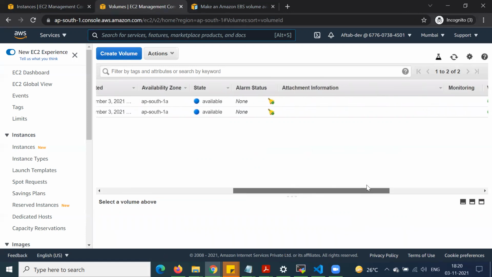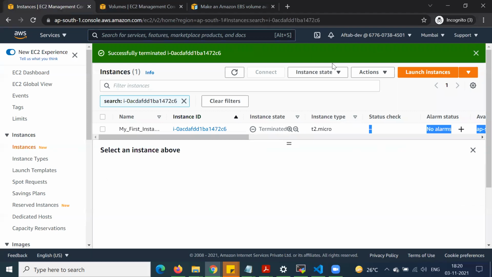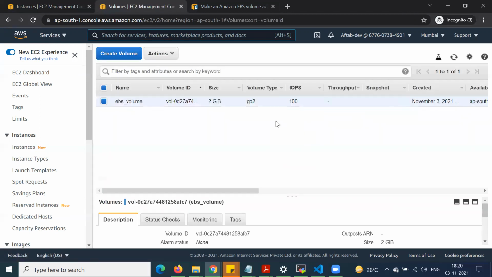You can see the 2 GB is in available state. It is not in use state, right? It is terminated. You can see here only this created volume will exist, and our root volume will be lost after